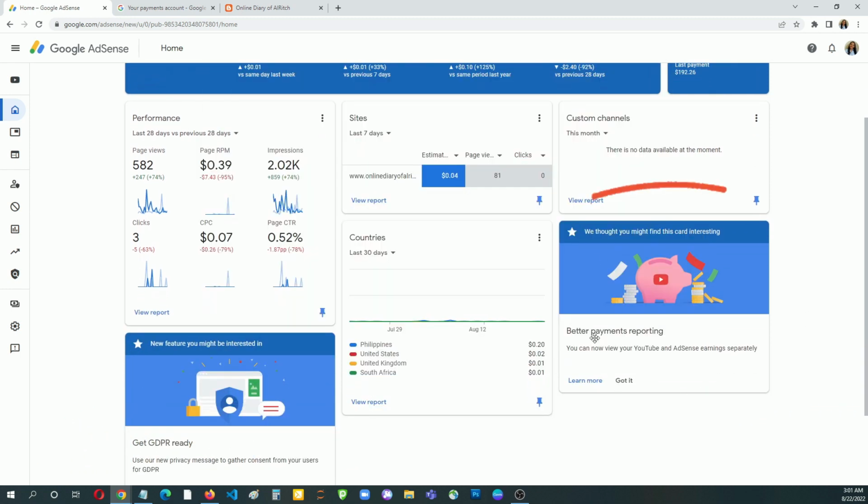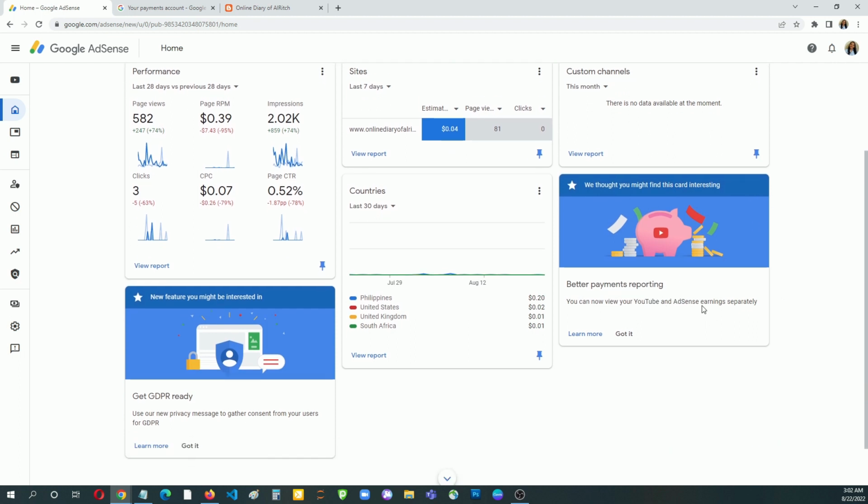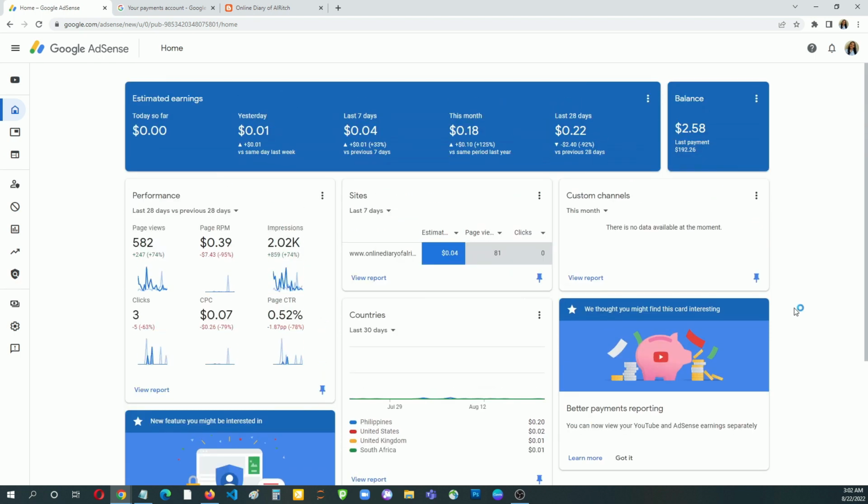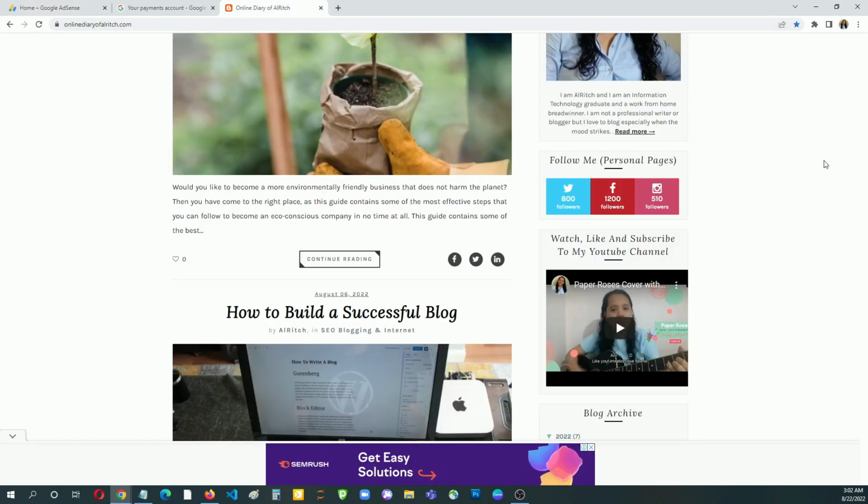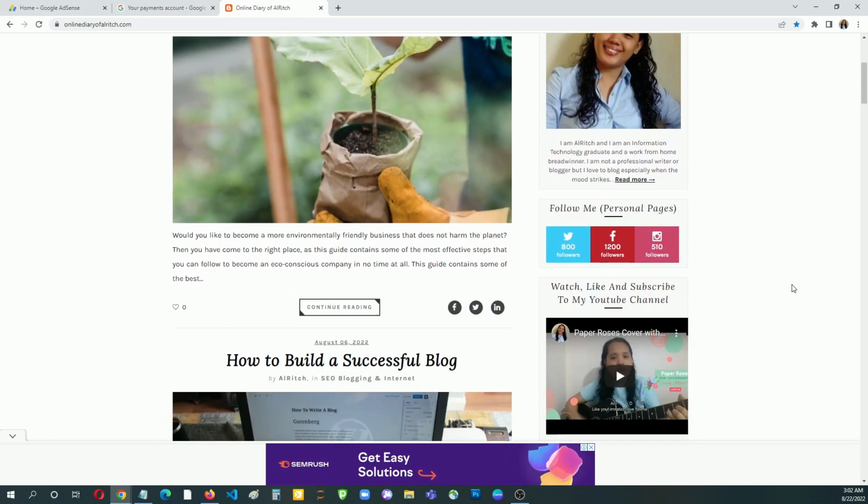So as you can see here at the right side section, we thought you might find this card interesting. Better payments reporting. You can now view your YouTube and AdSense earnings separately. So by default, the look will be the AdSense earnings that you got from your website. So this $2.58 is the earnings that I got from my website, online diary of alrich.com, a blog that I've maintained for